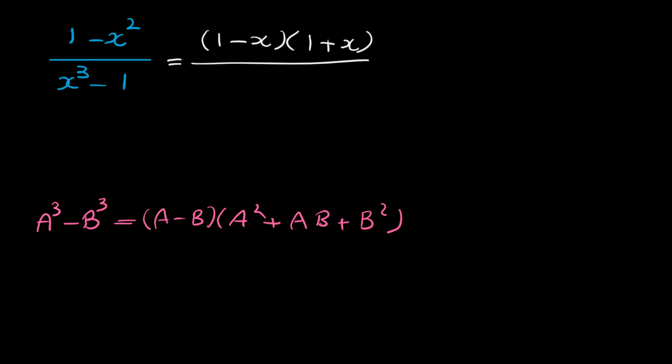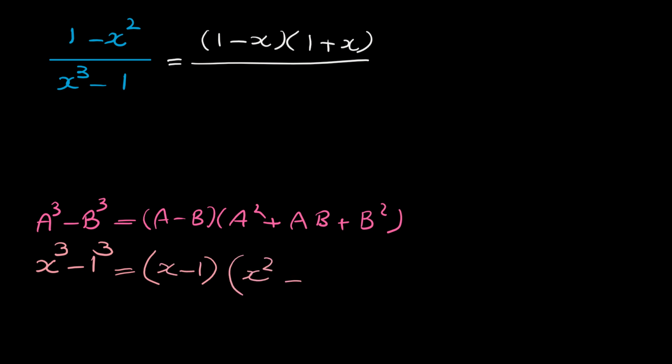X to the 3 minus 1. For factoring x to the 3 minus 1, we want to use this identity. But attention, 1 is basically 1 to the 3. 1 to the 3 is again 1. Based on this identity, this can be written as a minus b. What is a? A is x, b is 1. So x minus 1 times a to the 2,